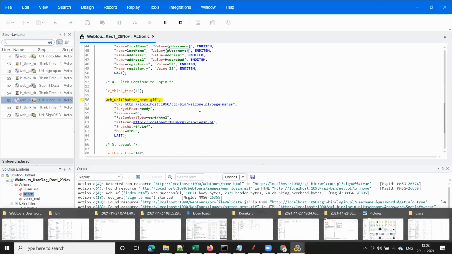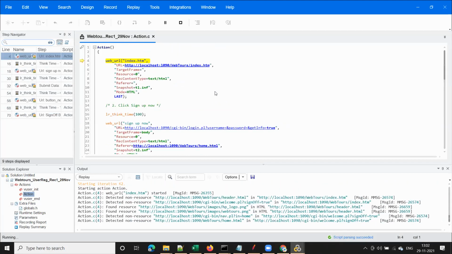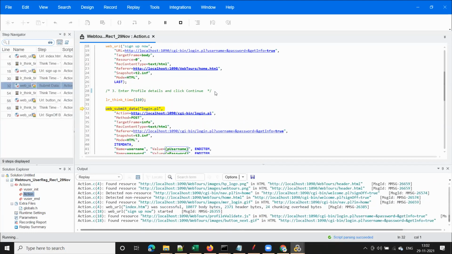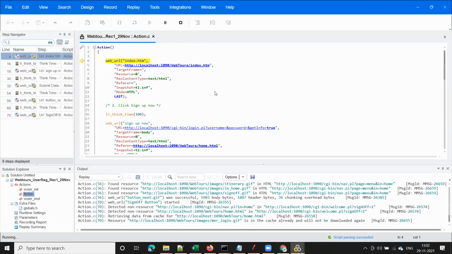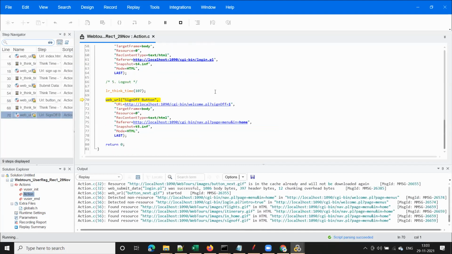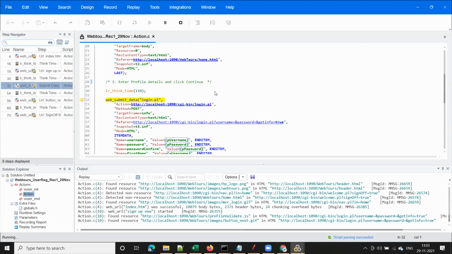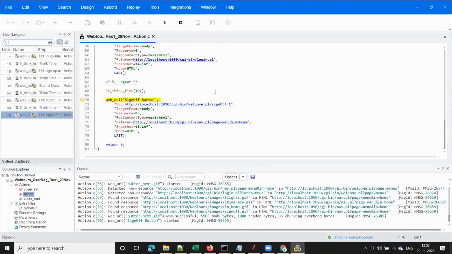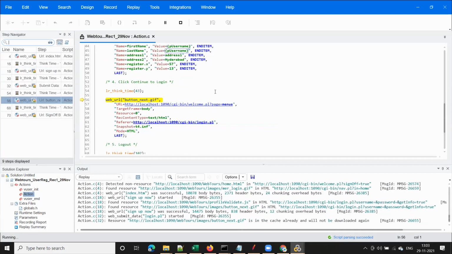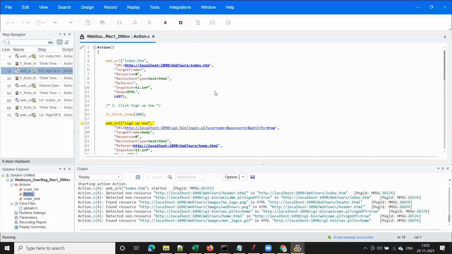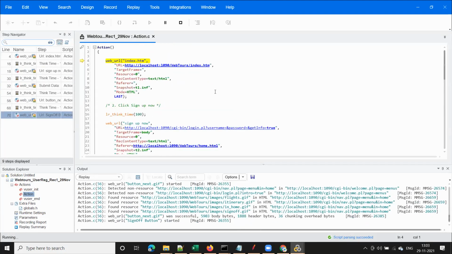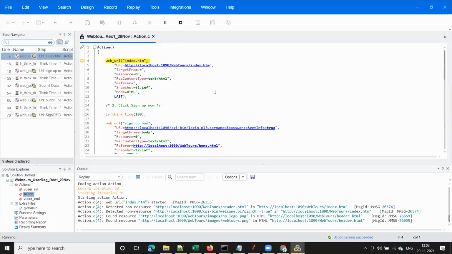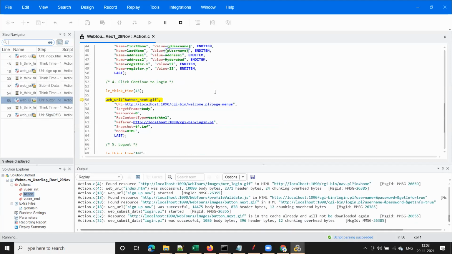Sir, one question. While we record the script, when we give the transactions with start and end name, there is something going on, the recording events, which is request and response. Do I need to wait for that recording event to stabilize and then give the end transaction? No, you have to wait till the page is loaded completely and the recording event counter stabilizes.